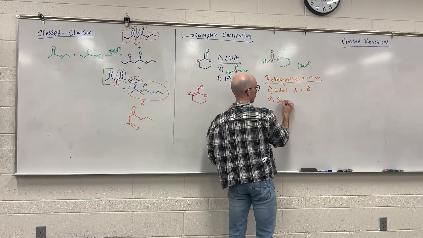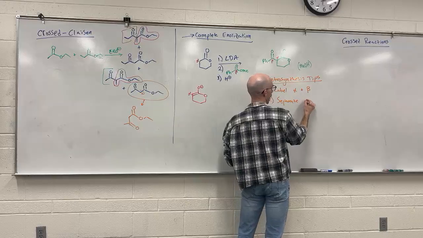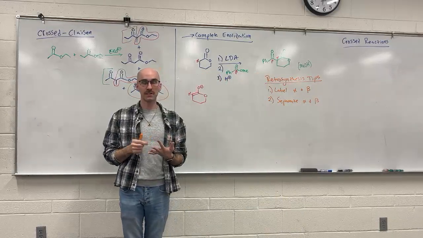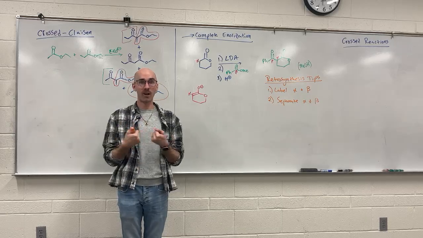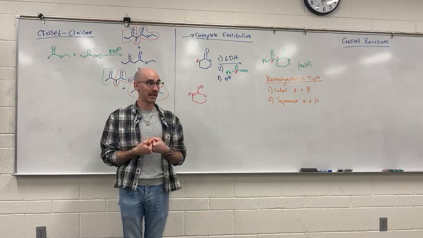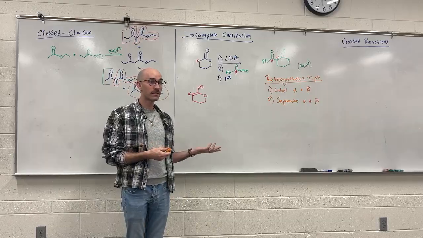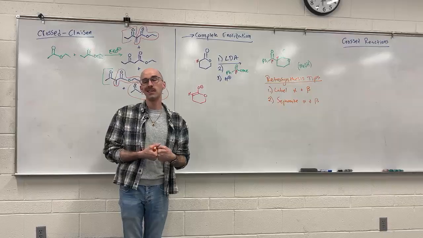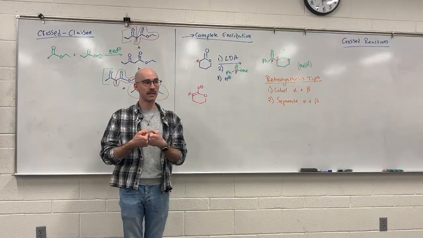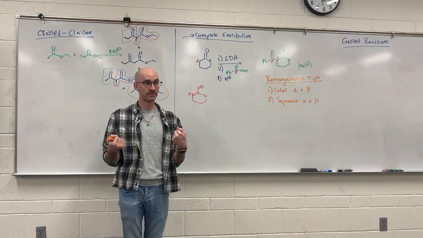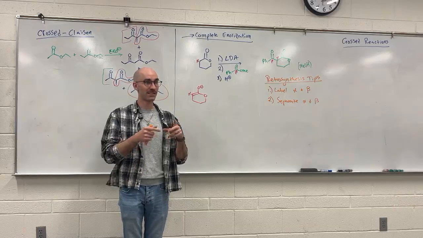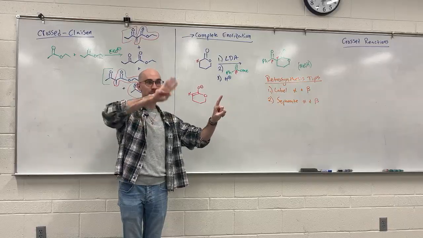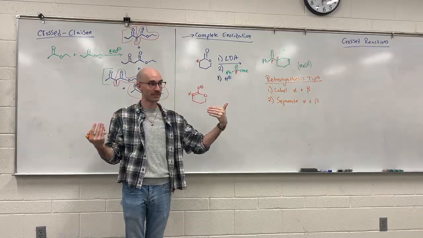Number two: separate alpha and beta. These reactions all depend on alpha being a nucleophile and beta being the electrophile. All of these reactions are ones that form a bond between alpha and beta. So in retrosynthesizing them, break that bond. Sometimes the easiest way to do that is redraw the product, exaggerate the alpha-beta bond, and then erase it. And now you have your two components.